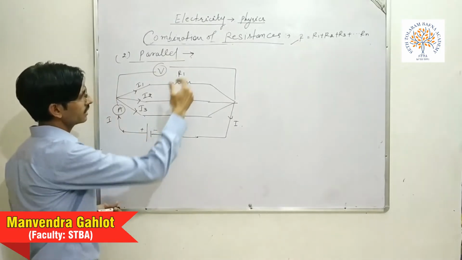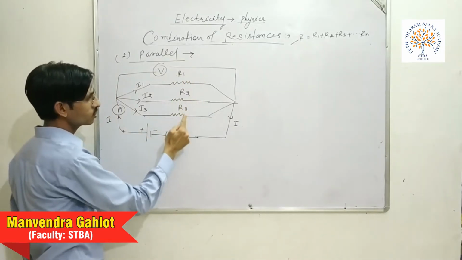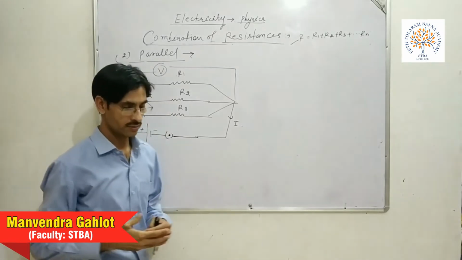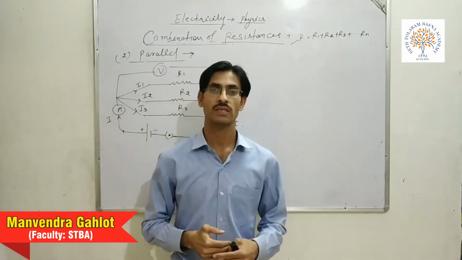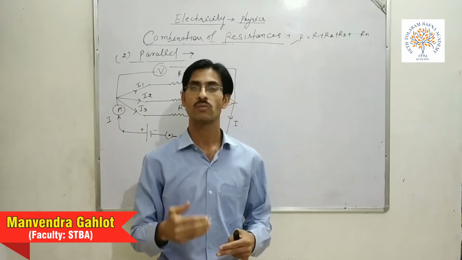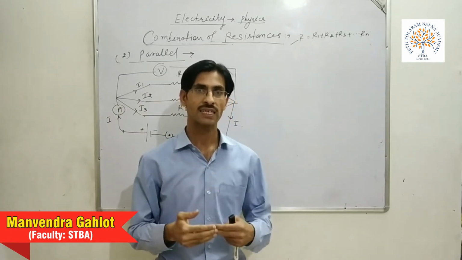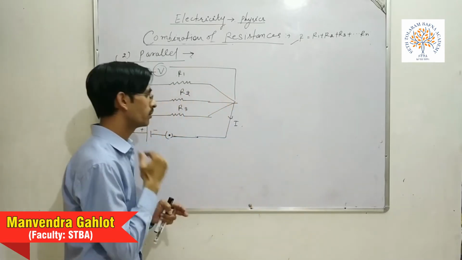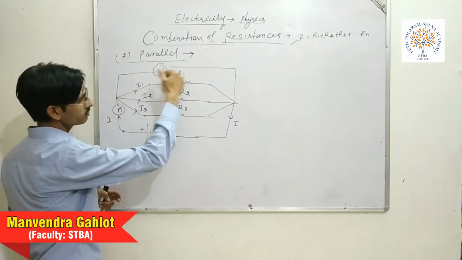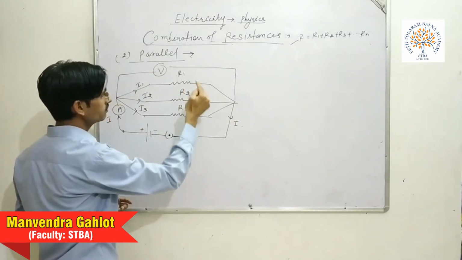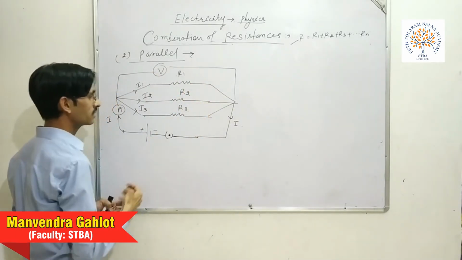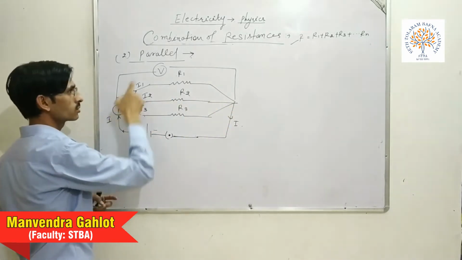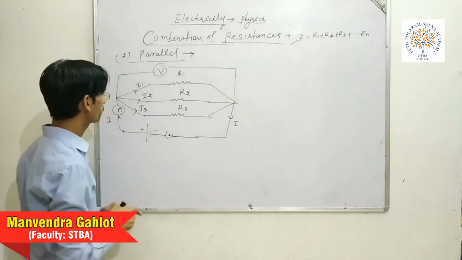Now the next topic, combination of resistance in parallel combination. Let me consider there are 3 resistors R1, R2, R3 connected with common ends. If you define parallel combination, that means when 2 or more resistances are connected between 2 common ends, this is called parallel combination. So in this diagram, R1, R2, R3 are 3 resistors connected with 2 common ends. So this is a parallel combination